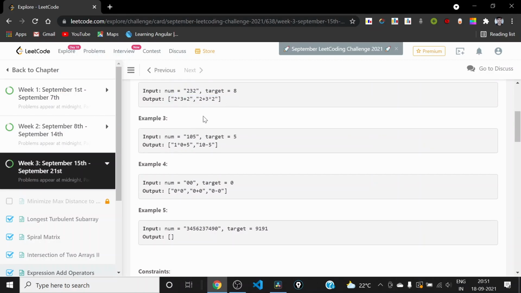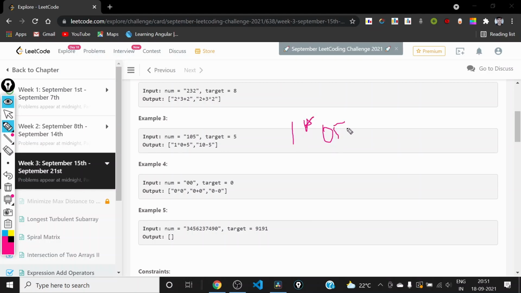And this is one important example, because in this example we can understand that there can be one more string as an answer. So if we consider something like this, it is also equal to 5, but since this 505 has leading zeros, we don't have to consider such cases. So we have to make sure we write code in such a way that we are not considering such cases. And we can also see that we can concatenate two or more digits to form a bigger number.